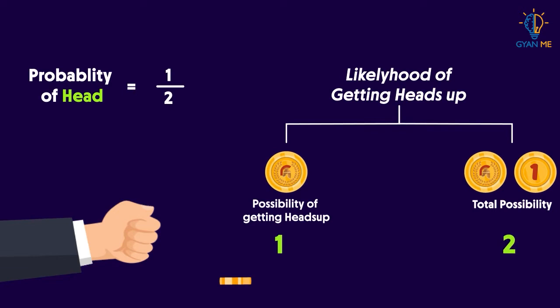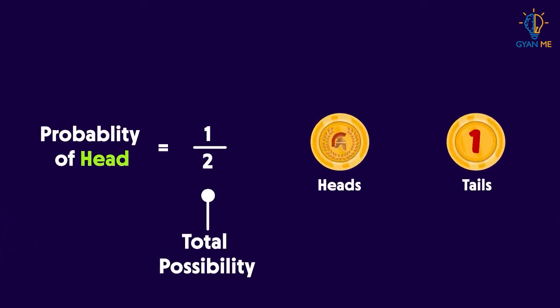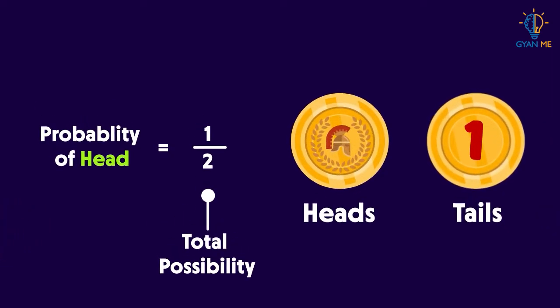The number here in the denominator shows all possibilities for this event. This 2 covers all possible outcomes since there can be either head or tail and any other outcome is not possible. Thus, this fractional number tells us that the probability of getting heads is 1 out of 2, that is 1/2.